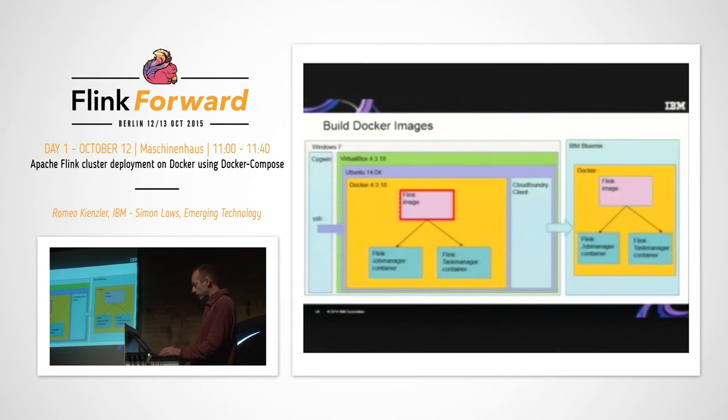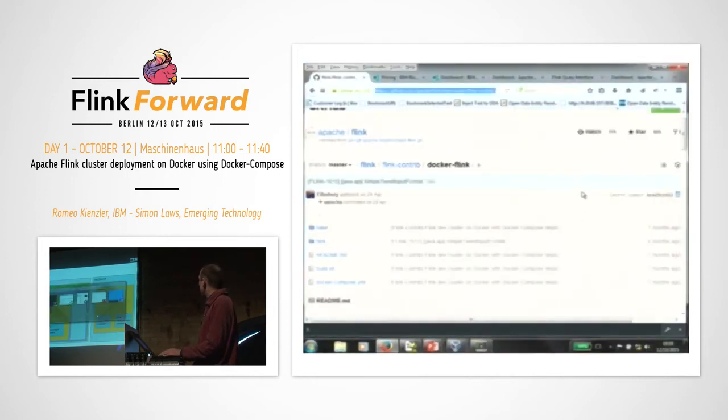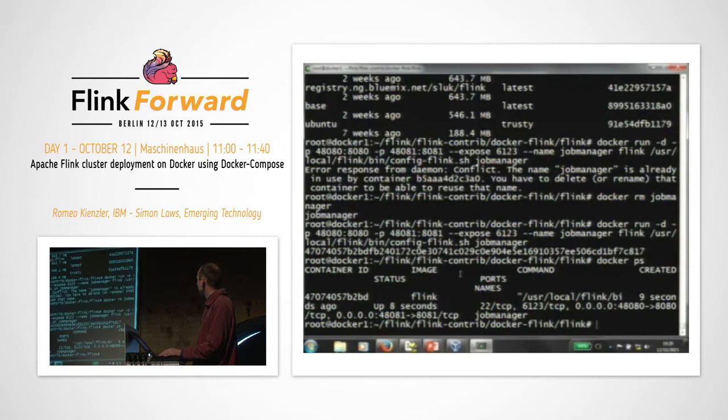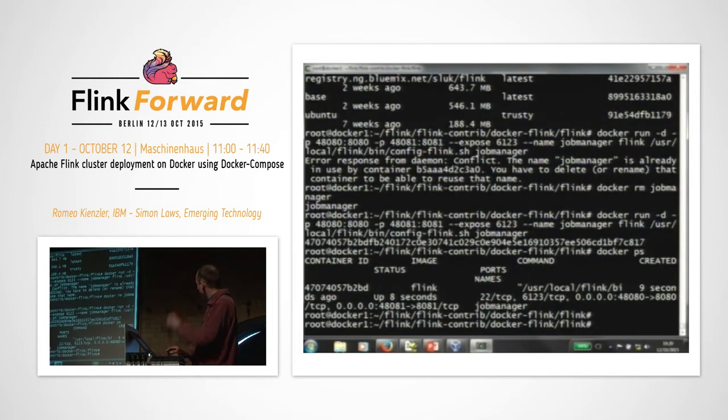So we've run that container now, just the job manager. But if I go to my browser and refresh this, I can go to my local URL that I exposed from my virtual machine and now run my dashboard. But of course, I've got no task managers running, so I've got no processing slots on my machine at the moment. And just for fun, I can log into that running executable before I start the task manager, just to show you